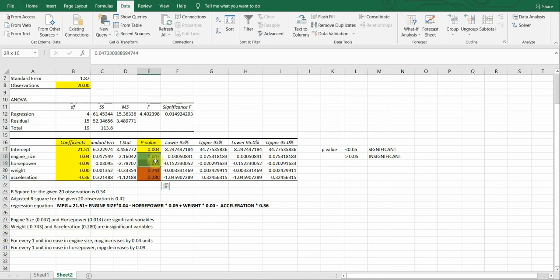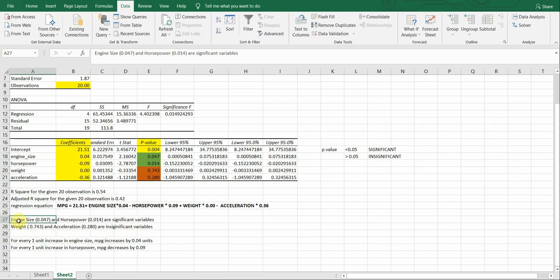We will see that the first two, engine size and horsepower, they are having a value of p which is less than 0.05. So these are significant, or it impacts your MPG. Whereas the other two, weight and acceleration, they are not significant, they're insignificant, and they do not impact the MPG.